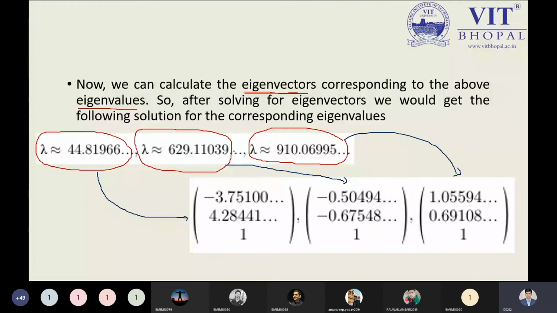Can anyone tell me, are you able to get the eigenvectors from the eigenvalues? You can determine the eigenvectors from the eigenvalues in 1 minute, 2 minutes, 3 minutes, or 50 minutes. Is it possible? Can you calculate it? Say yes or no. No, sir. No. So that is the reason we have the direct solution over here. We can do it, but it takes so much time. We need to go deeply into the eigenvector calculation study, so I'm not touching that part. Here we have the solution.